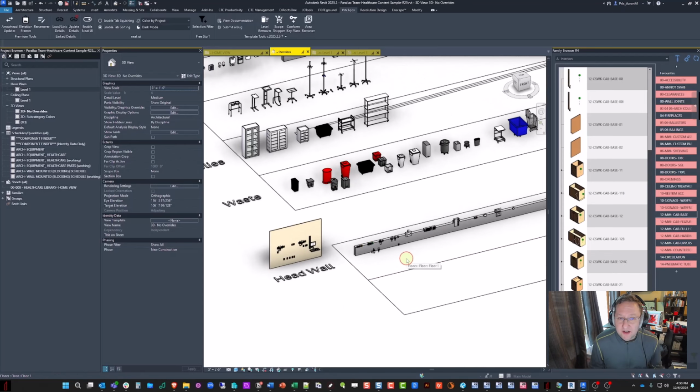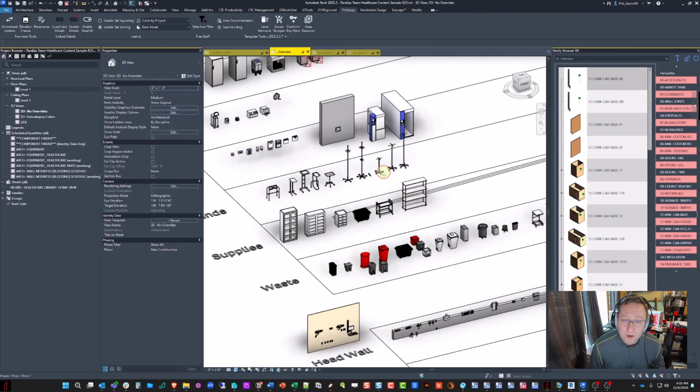We've also added a large number of components into the library. As you may recall, the healthcare equipment library is largely static in nature because they are representative of specific manufacturers. Sometimes we even start with manufacturers' families and we add in the rigs and the parameters that we want for the Parallax library. That means that we have a large backlog of things that are waiting to get added to